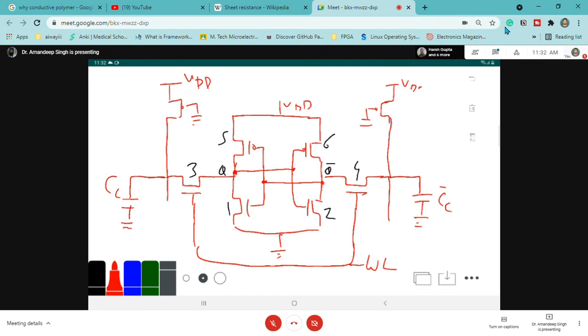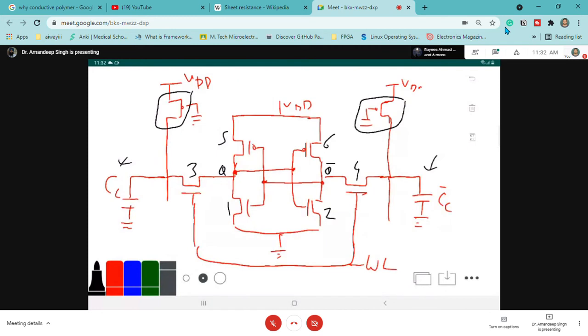And what are those 6 transistors? 1, 2, 3, 4, 5, 6. The rest, these 2 transistors are basically pull-up transistors which are used to charge up the capacitance node. Okay, so you can see that these 2 transistors are always on. So they are going to charge this and this. And this is charged whenever we do the read operation. Means these 2 capacitances are charged accordingly, as we need to perform the read operation.